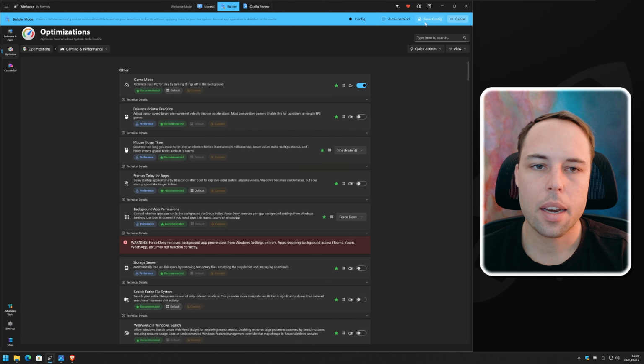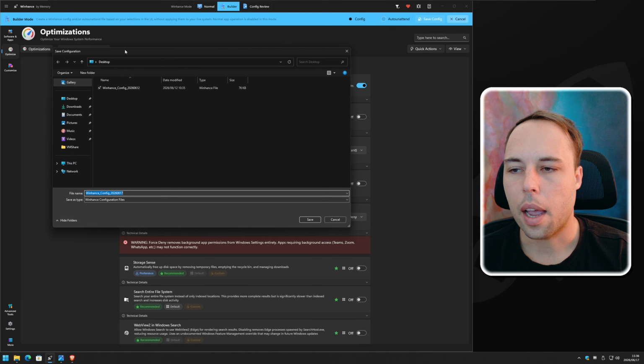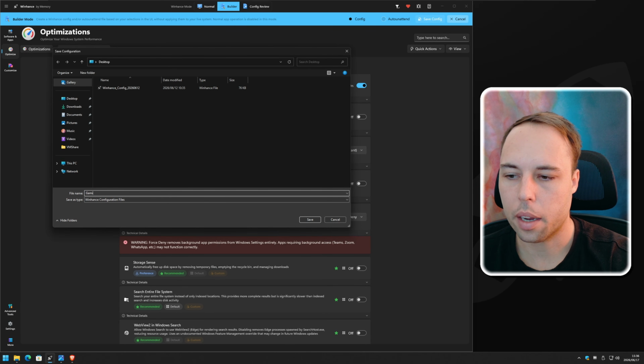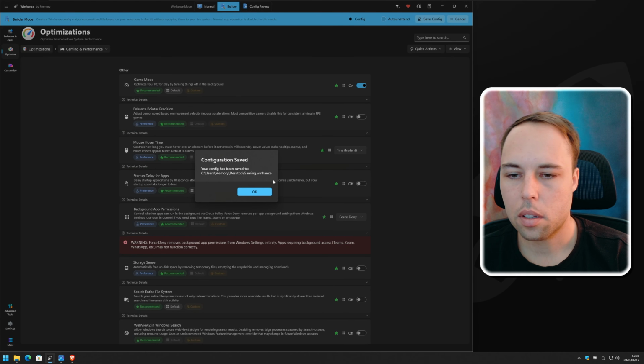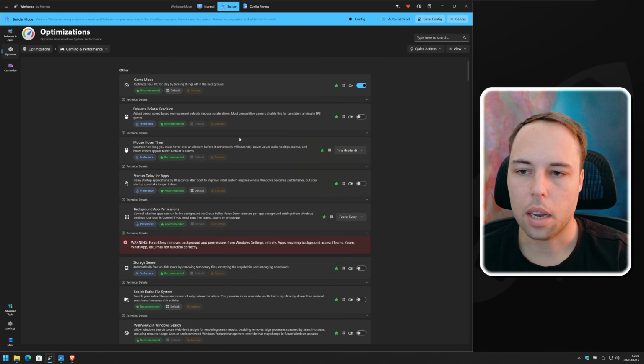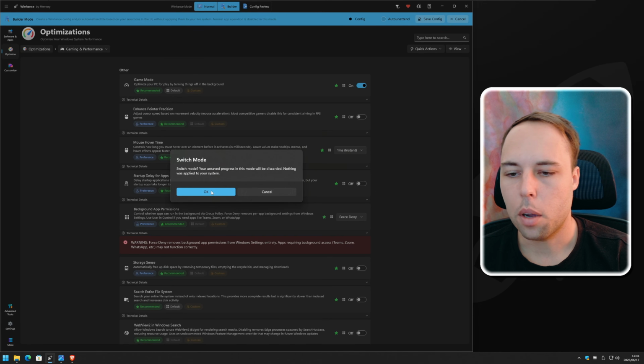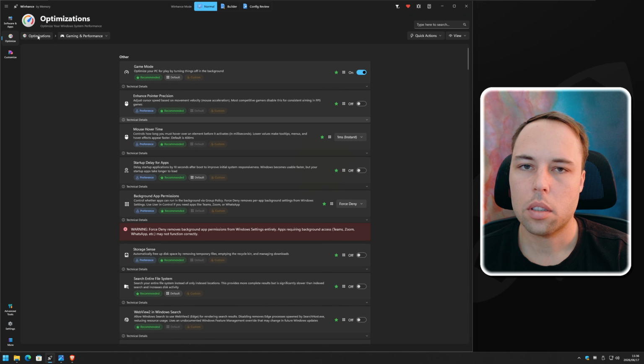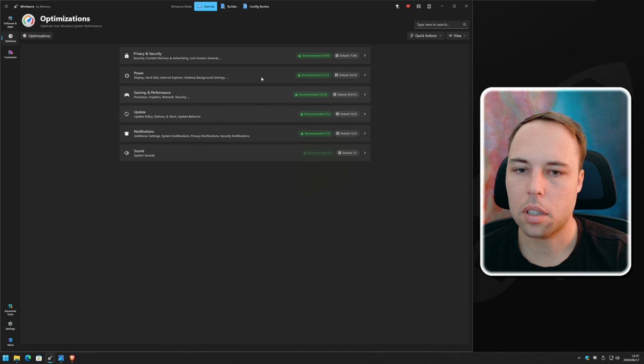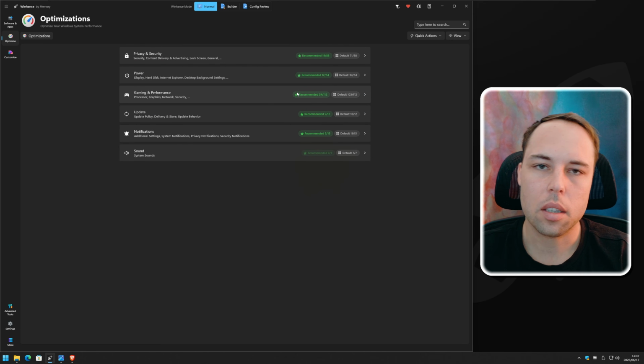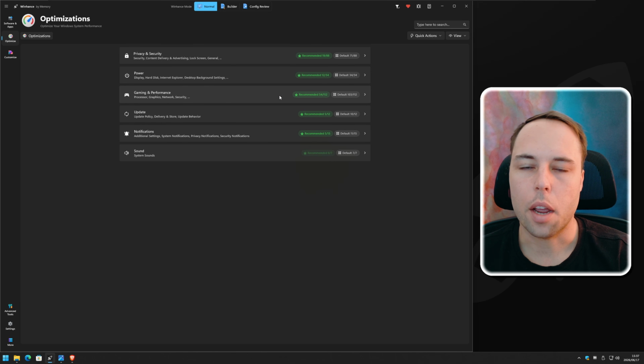So once we've done that, I can click on Save Config and choose a location to save it. Now I can name this config something like gaming and then just save it. And now the configuration will be saved. Now, if I exit the builder mode and I go to normal, none of those settings have been applied to my live system yet. So for all intents and purposes in this example, I don't have a gaming ready computer